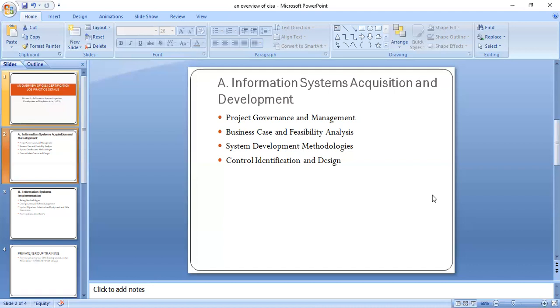Then we look at other methodologies. Rapid application development. Then we have other new methodologies that are coming up, for example, prototyping, agile development, and so on.